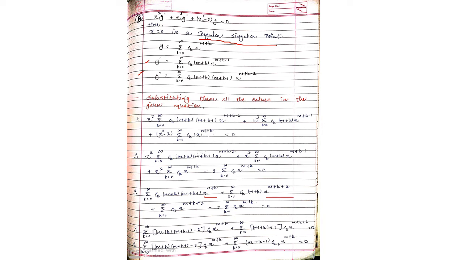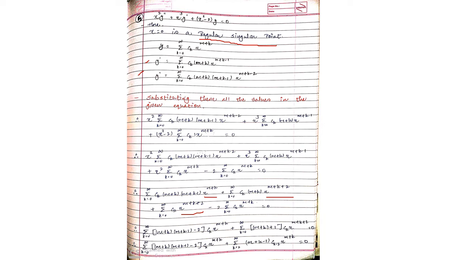Now here x square and here it is m plus k, so that will be m plus k plus 2. In the last term, having no other term of x, it will be as it is, x raised to m plus k. Okay. Now next you have to check is there any similar power of x or not, and yes, here it is, right? See the first and the last term, these both having similar power. Same as second and third term, these both terms having a similar power, right?